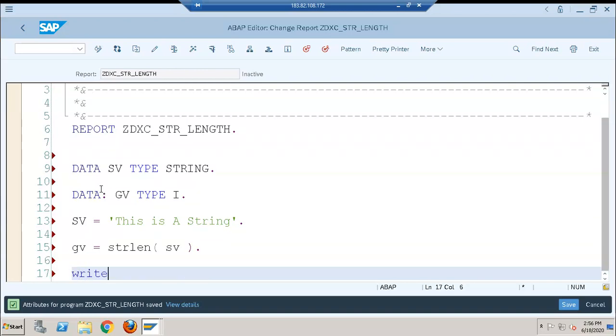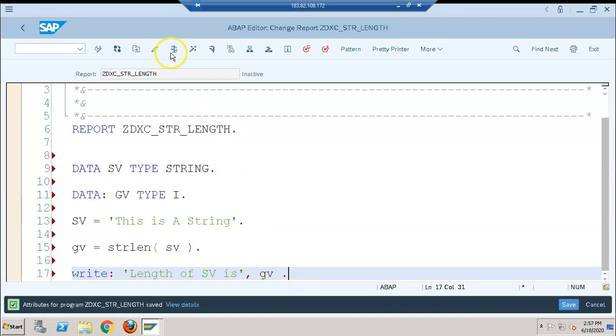Then we'll write: length of SV is, comma, GV. So, length of SV is GV.